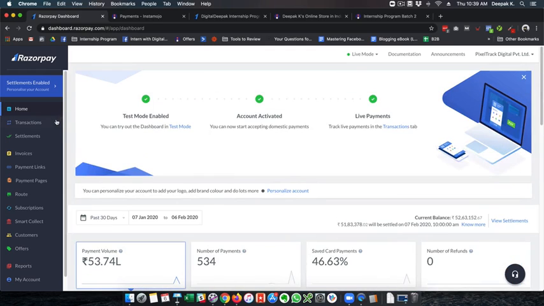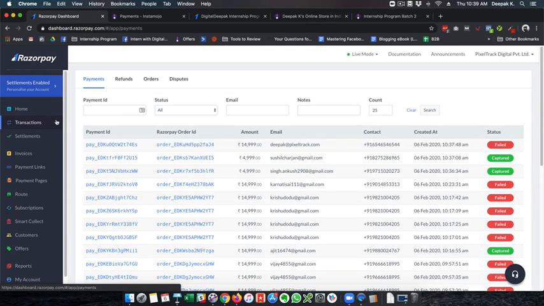So if I go into transactions, it just shows all the transactions that have been coming in, and it also shows the failed payments and the captured payments very clearly. And this kind of clarity is something that I don't get at InstaMojo. Inside InstaMojo, I get something called Leads Manager, where all the failed payments are collected. But I think when you are a little bit of an advanced user, something like this is more convenient.